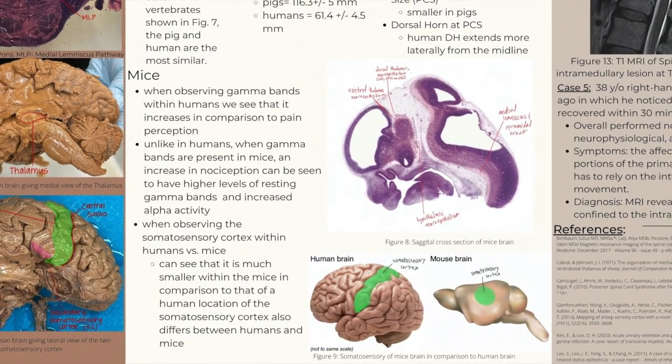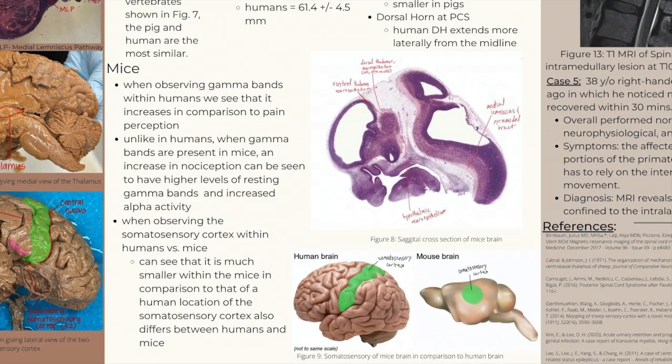We also see in figure 9 that the mouse brain is much smaller in comparison to that of a human brain, and the somatosensory cortex is smaller. We also see that the somatosensory cortex of a mouse brain is located in a different location than in the